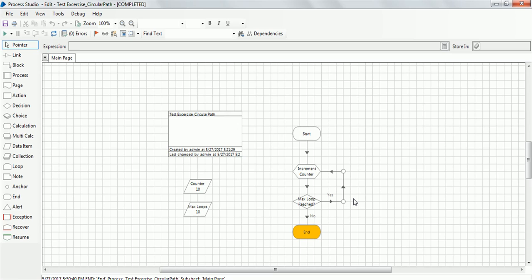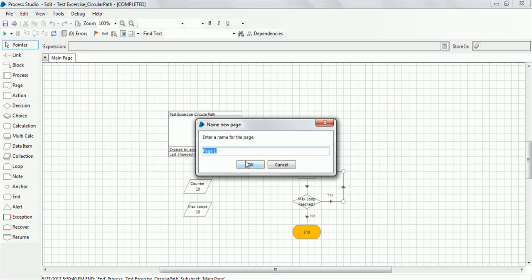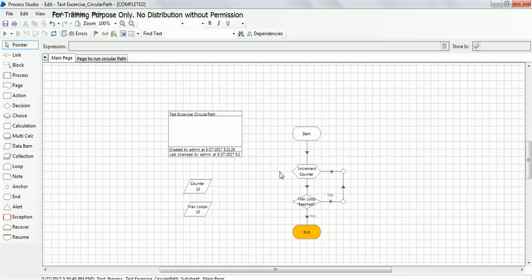Right, so now let's say we want to create a new page. So to do that, you have to click on the main page, click on new, and name it, let's say, page to run circular path. Okay, so you see a new page is being created. Right, so let's do this. Let's try to